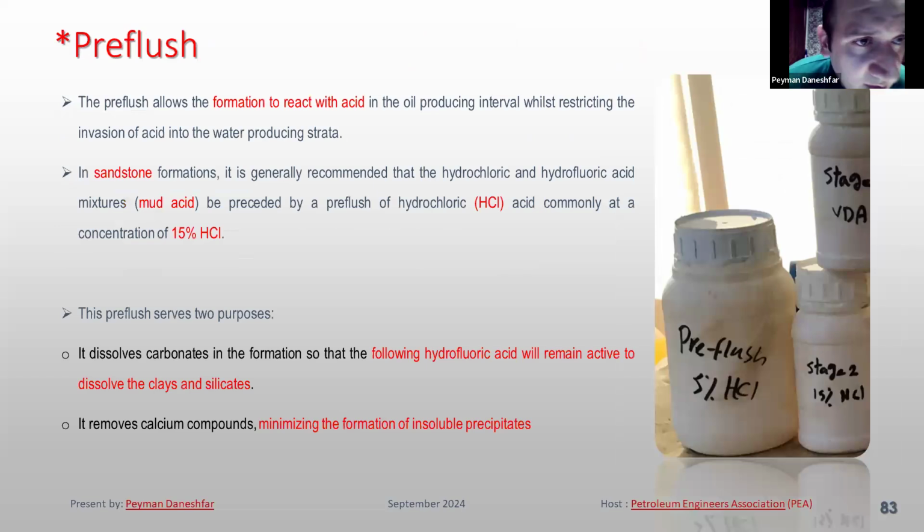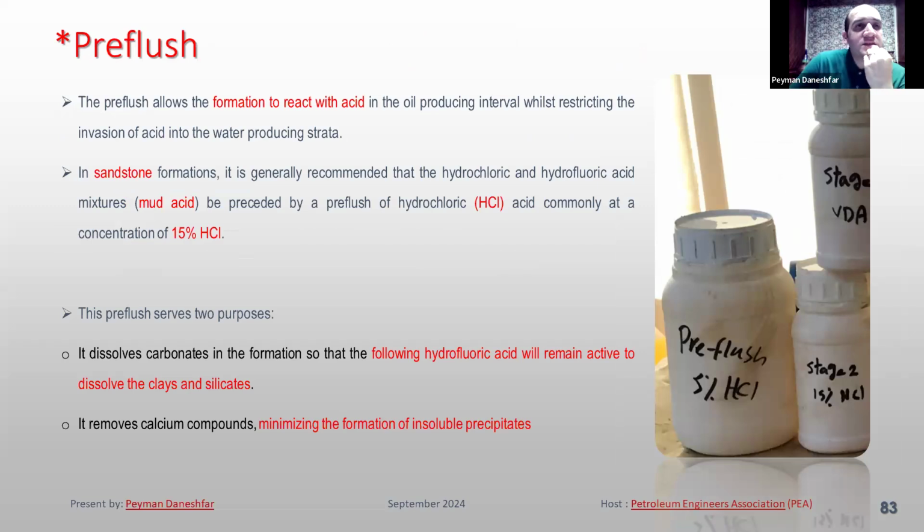So here, now I want to talk about the preflush. What is the preflush? The preflush allows the formation to react with the acid in the oil producing interval whilst restricting the invasion of acid into water producing strata. But one thing,